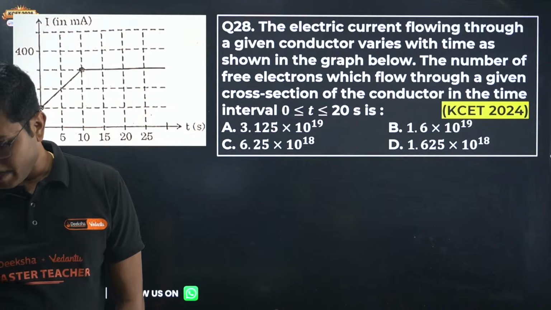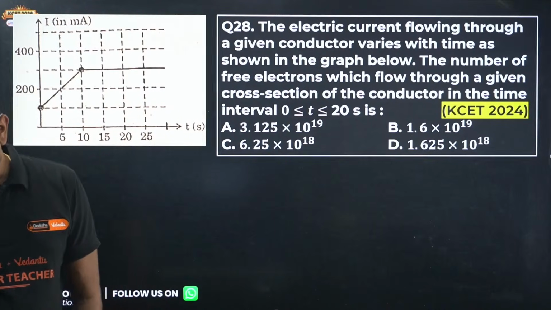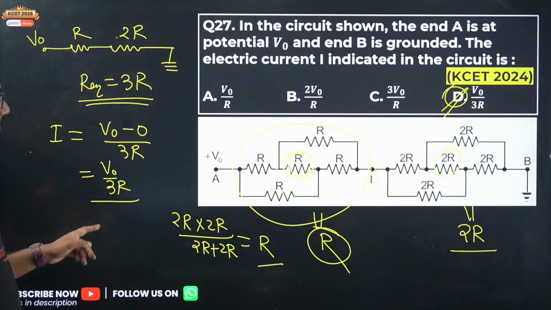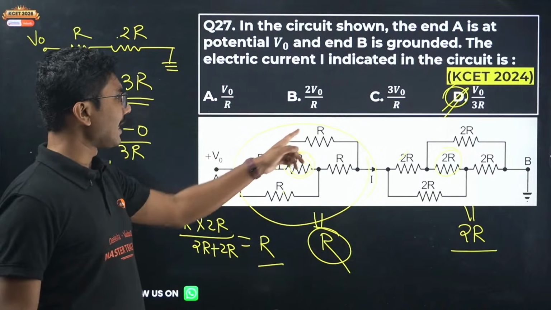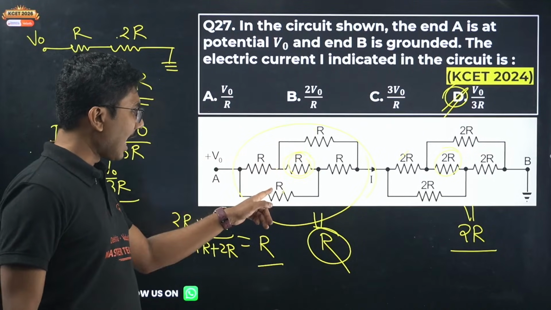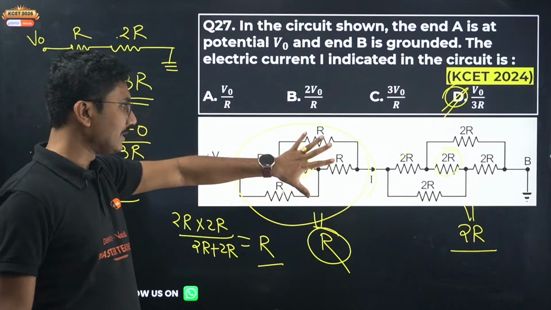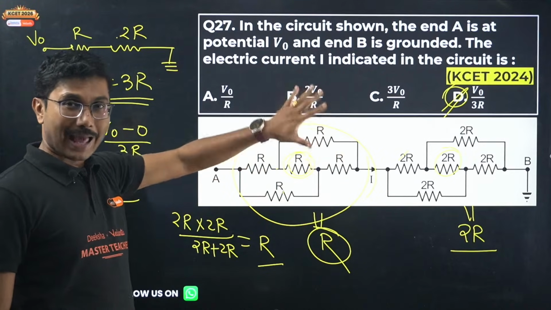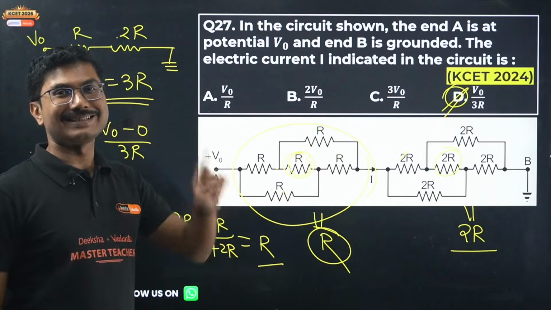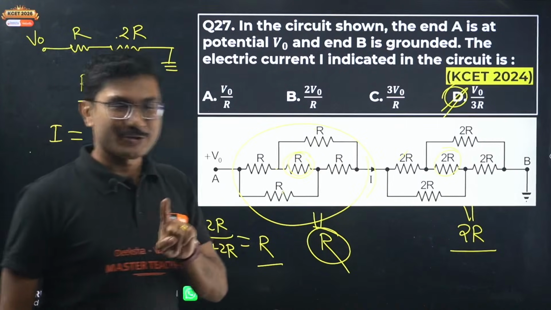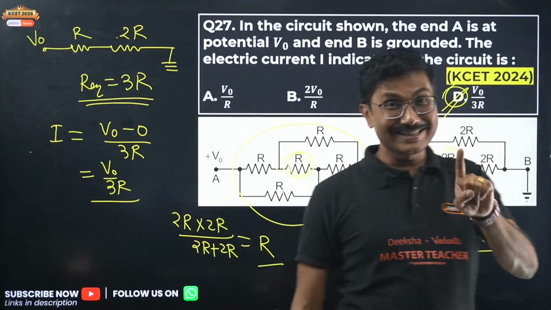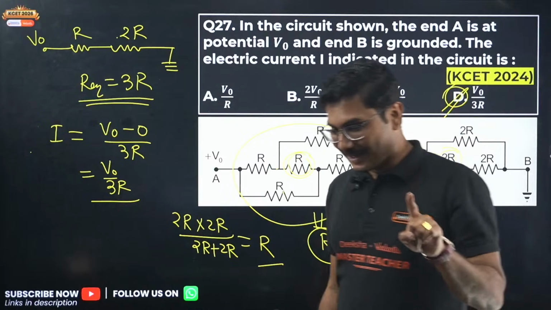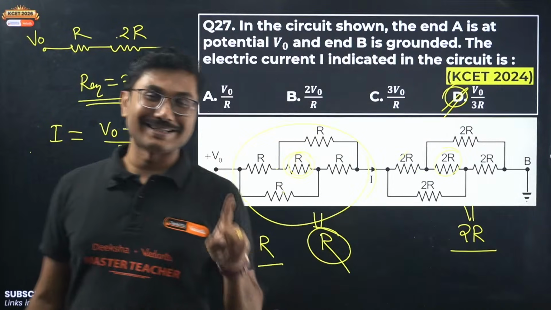Sir, if we use parallel, we will get 4R, right? So this is series, right? R and R is series, R and R is also series. Now they are in parallel. In parallel combination of resistances, resistance decreases. So you are making a mistake. In capacitance, it is getting added. In parallel combination of capacitors, capacitance gets added.